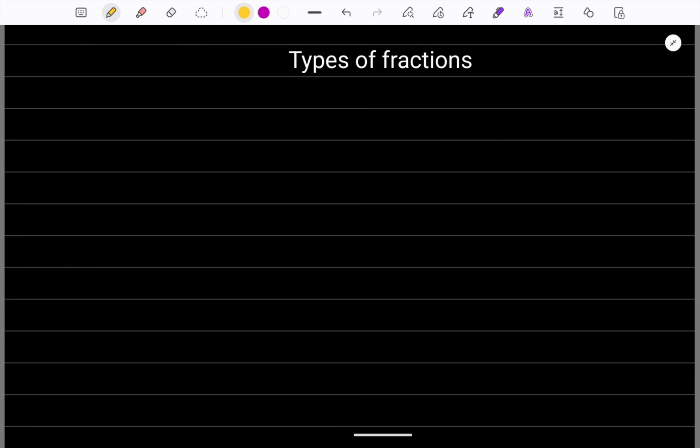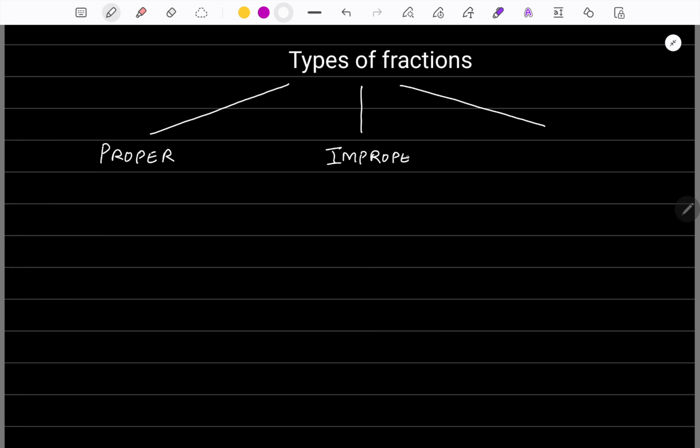Now with this, we come to a point where we understand fractions. Now let's discuss different kinds of fractions. We have many kinds of fractions and I will be discussing each one of them one by one. But to begin, I am taking 3 fractions here. These are proper fractions. Second is improper fraction. And the third one is called mixed fraction. Since these fractions are related to each other, it's better to take them up at the same point.